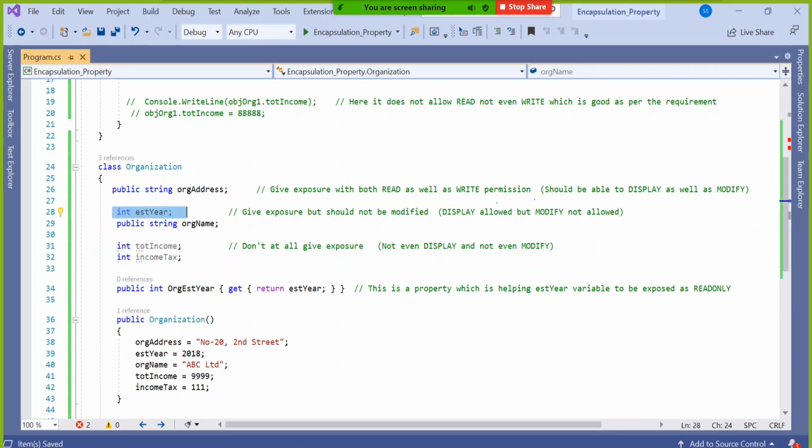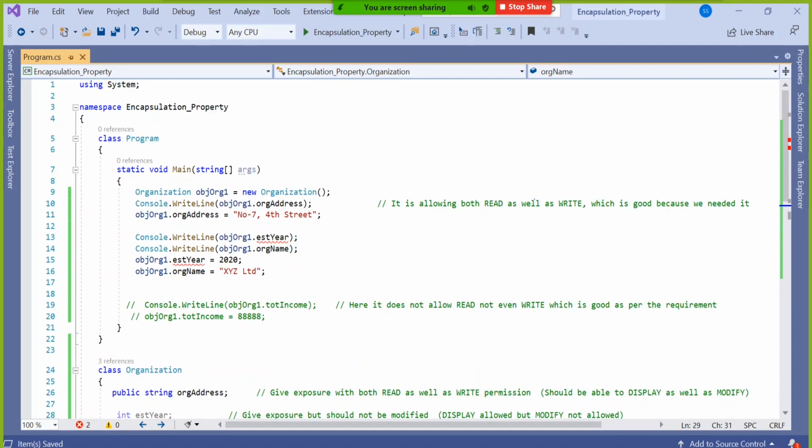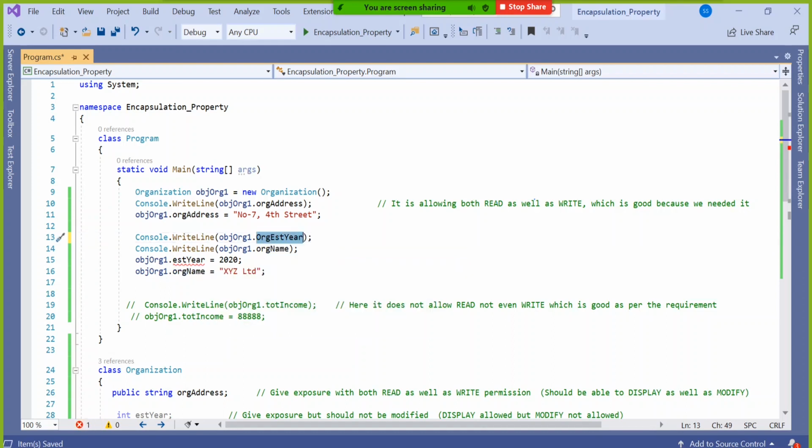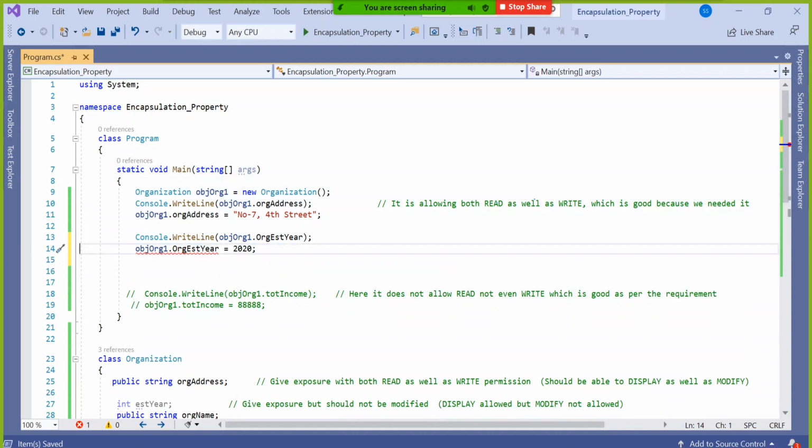If you understood it for establisher, you will understand it for organization name also. The same thing can be applied. One more property can be used for organization name. So come here and say, instead of using the small-letter variable, you use my organization establisher property name. Absolutely fine. Now, if you try to modify that data, so I'm deleting that organization name, guys, because if you are understanding establisher, you will understand organization name also in the same manner.